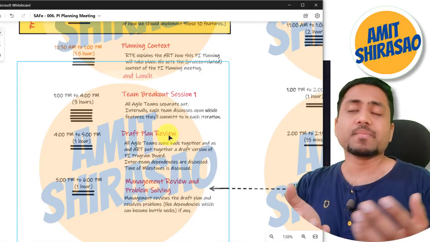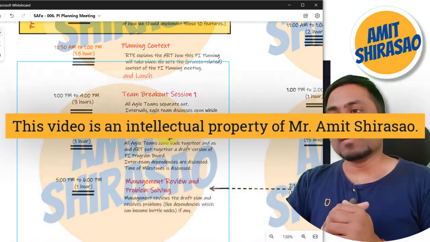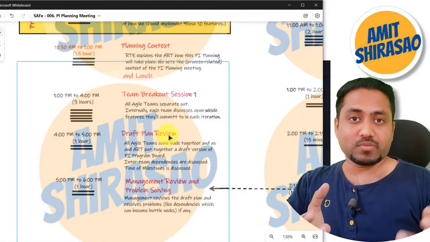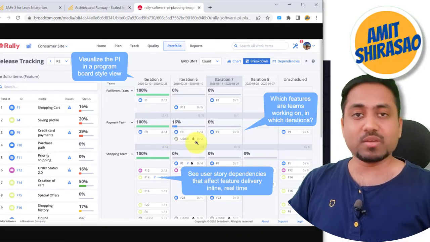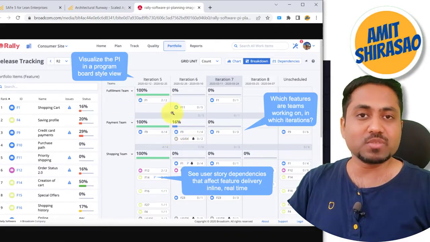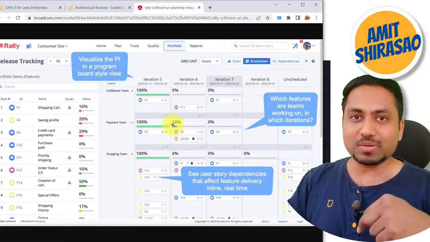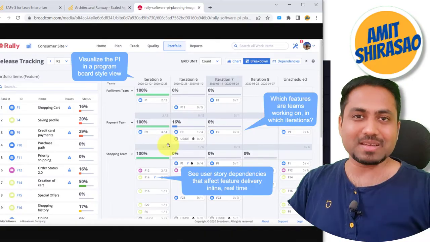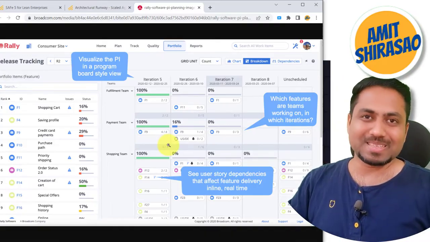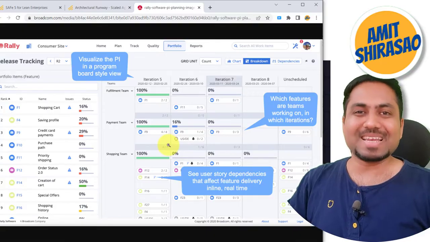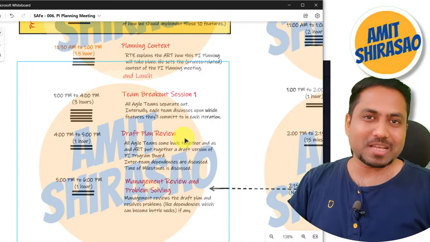The team should be consistent. But is it not done? It is done. Even if you don't do it, even if you are a little better, then probably you will pick up the stories. Now, if the fulfillment team's developer is picking that story and it is getting reviewed by this payment team's API lead, is that a best practice? It's not a best practice. But this is what happens in reality. So that kind of thing happens in draft plan review.